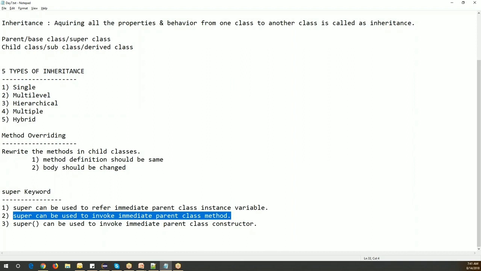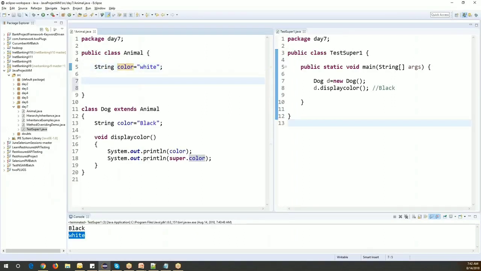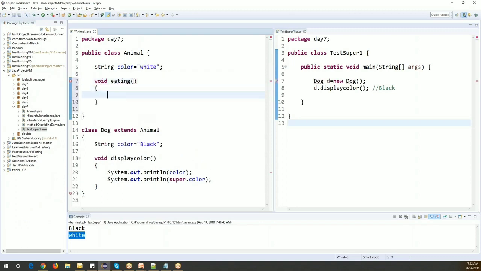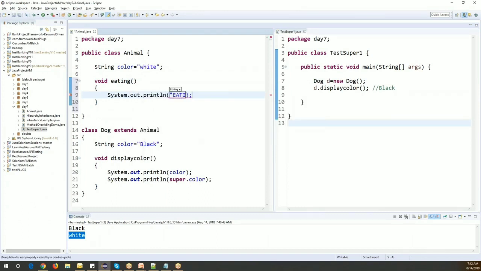The super keyword can be used to refer to the immediate parent class method. So for example here, I will also add one more method in the parent class. I will write void eating. This is our method. Inside the method, I will write system.out.println and just write eating. I'm not mentioning what it is, just eating. This is a method I created